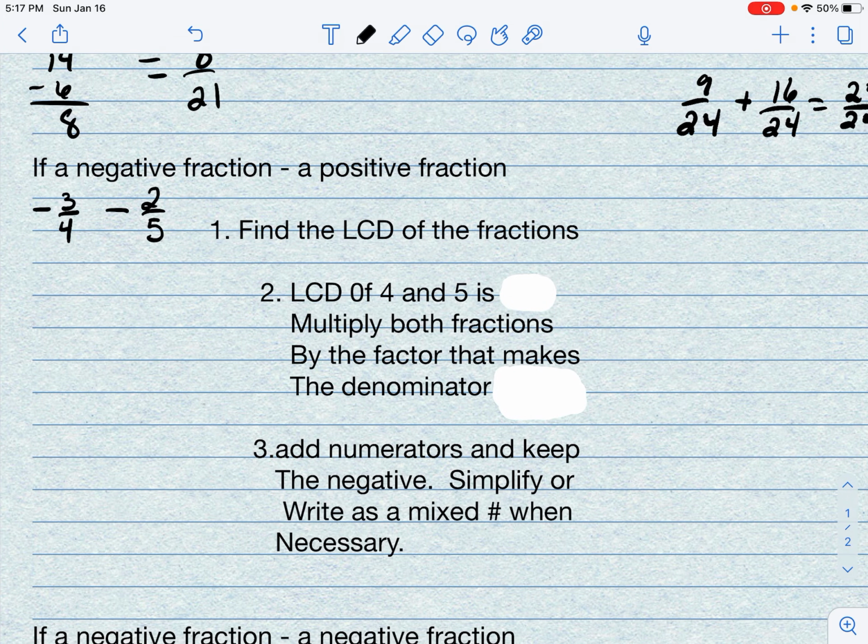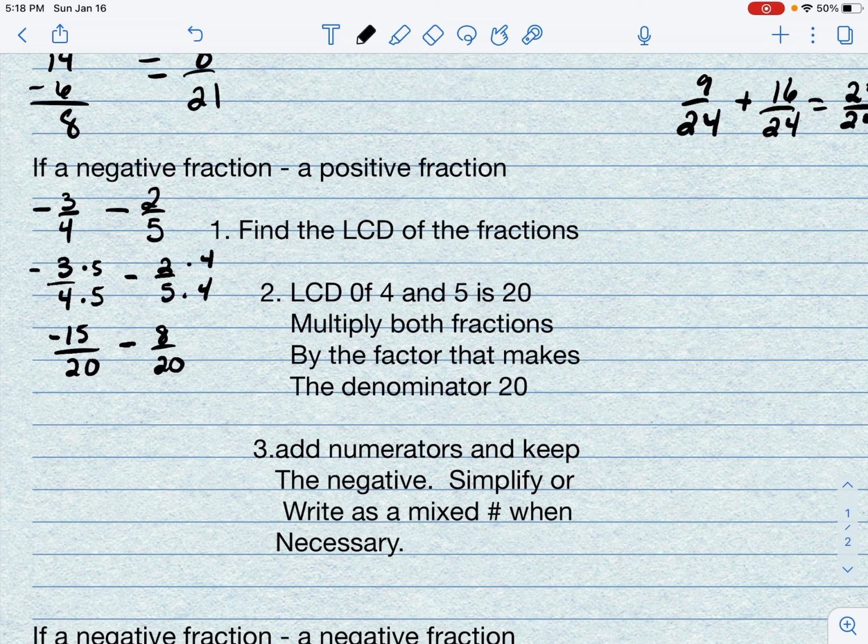Okay, next one. A negative fraction minus a positive fraction. Okay, once again, start off the same. Find the least common denominator of 4 and 5, which is 20. So we're going to multiply 3/4 by 5, because 5 times 4 is 20. So minus 2/5. We're going to multiply this one by 4. So we got negative 15 over 20 minus